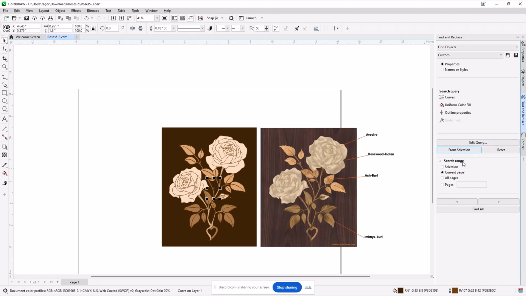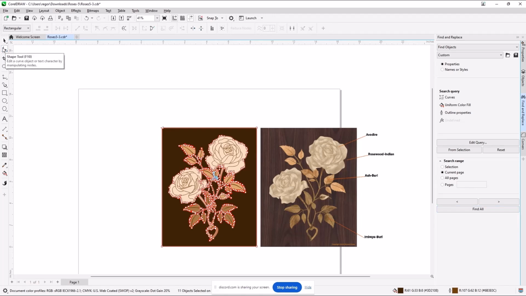All right. Find all. Now, like I said, the only reason I clicked over here on the shape tool is it's a quick way for me to see that I've selected everything, because all you get otherwise is an indicator of these sizing buttons showing that it's selected, but you don't necessarily know what is. So the reason I used the shape tool was just to be able to see. Okay, I got them all. We're good.